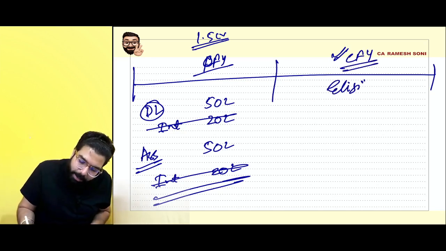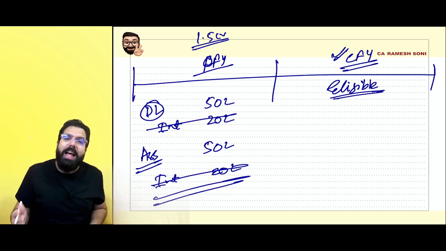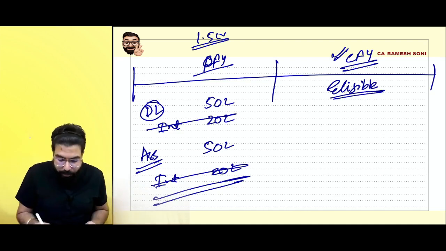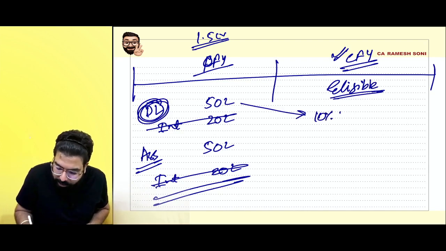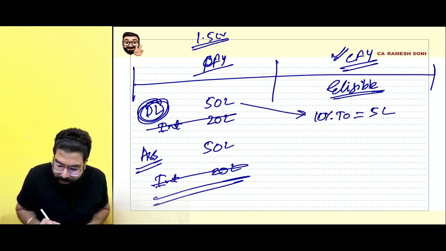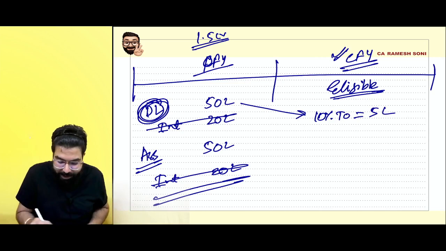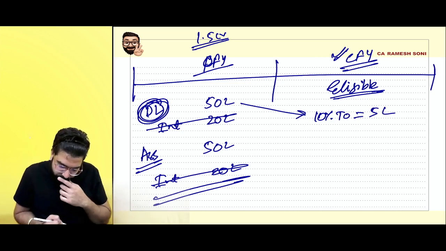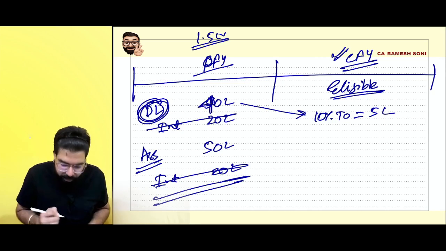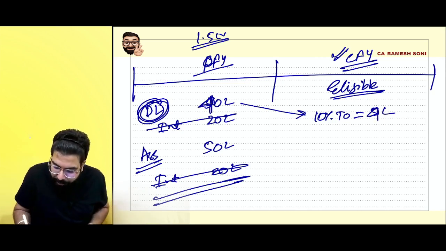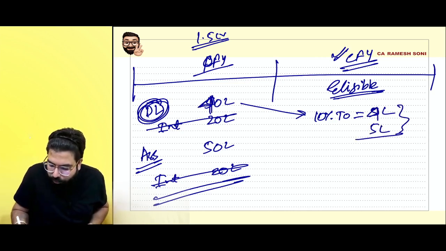Now that I am an eligible manufacturer, I asked the government in the state of Delhi how much services I can provide. Government told 10% of the turnover. 10% of the turnover means 5 lakh, or maximum is also 5 lakh. I will make it 40 lakh over here for simplicity. Okay sir, 4 lakh rupees or 5 lakh, whichever is higher. So sir, 5 lakh rupees of services I can provide in Delhi.